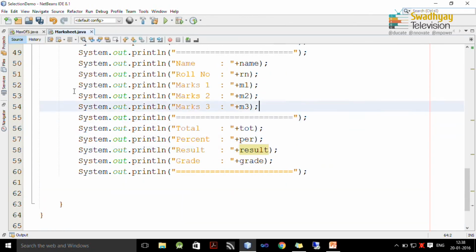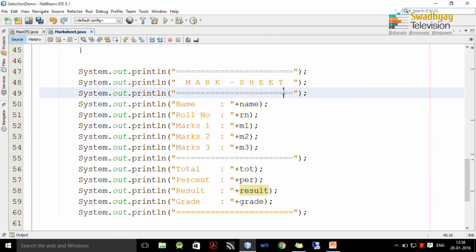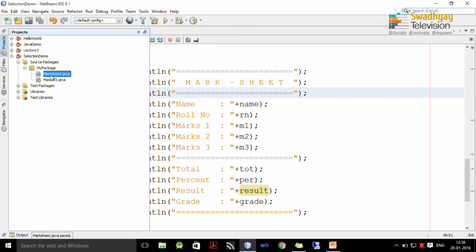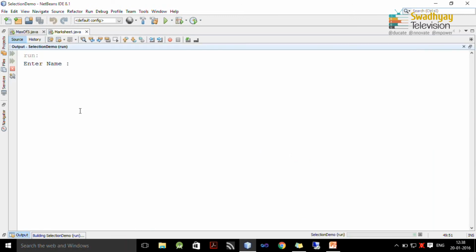So, now this is our output. Now, we save this file and try to run it. So, right click on the marksheet.java file and then select run file. Here it is asking for name, you can also write the full name there.